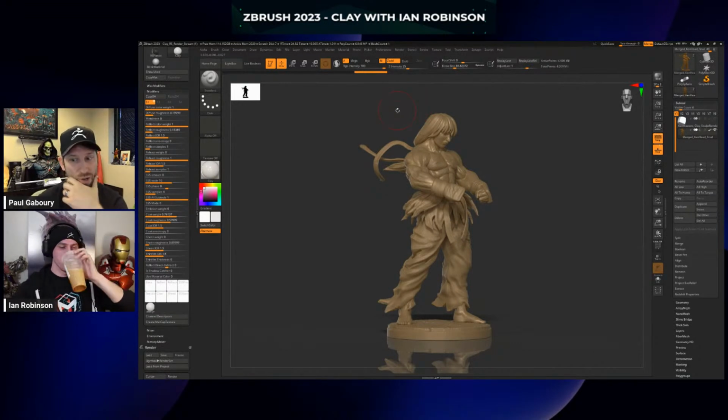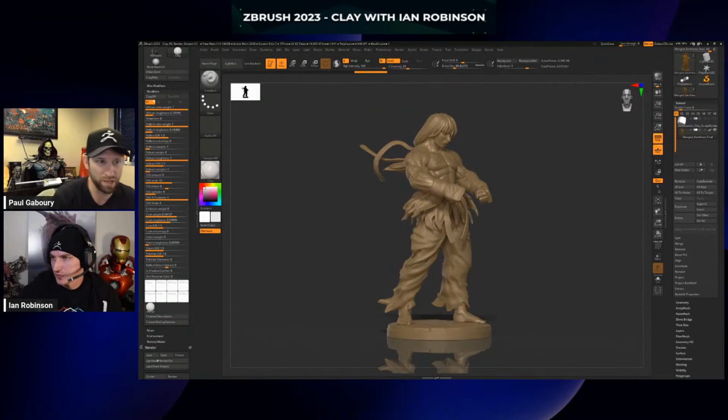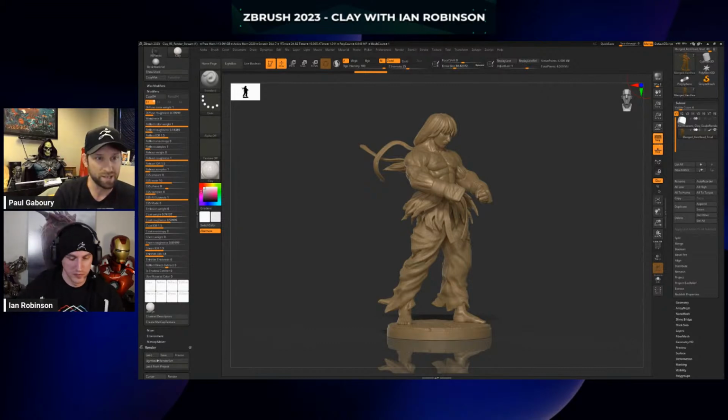As far as documentation goes, I shared a link. You guys remember this is Redshift, right? He's playing with these settings in ZBrush, and most of them are Redshift settings. So the documentation I just put in, that's what they're doing. Those sliders are calling Redshift and making the changes